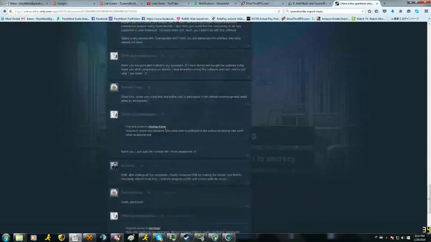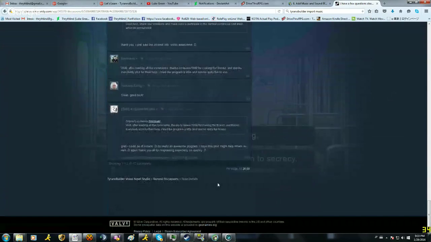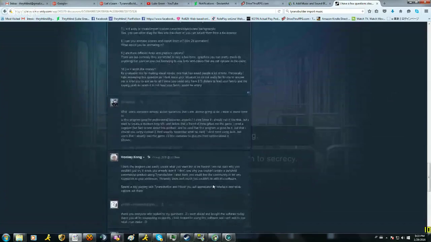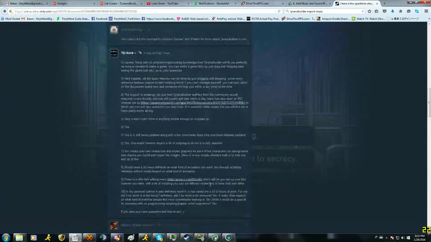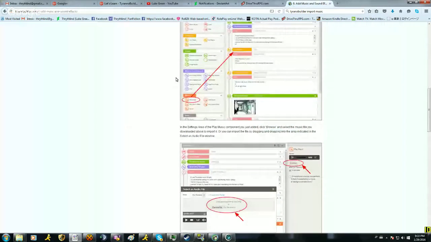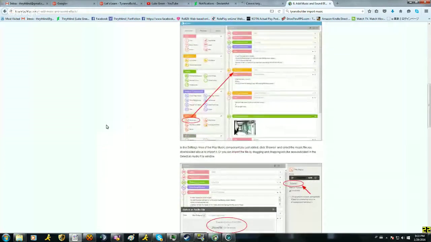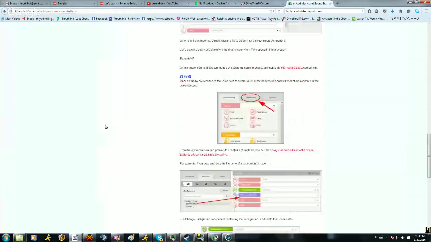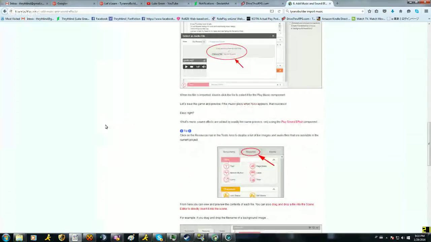The drag and drop does not work for me. Well, I might have to skip adding music and sound effects. I might go and get RinP. That's a free program, but I paid for this. I would like to make it work. I didn't pay much, granted, but